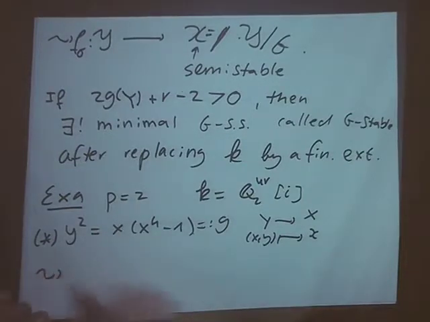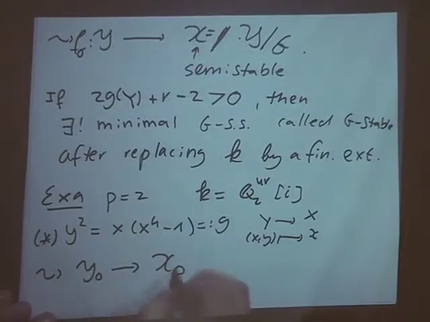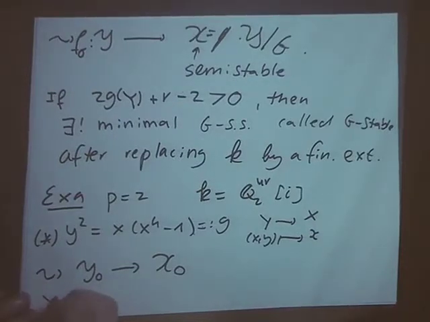So this star defines such a model Y0 to X0, also of the curve, right? Given by exactly the same equation. That's what this is supposed to mean. So now if we look at the special fiber,